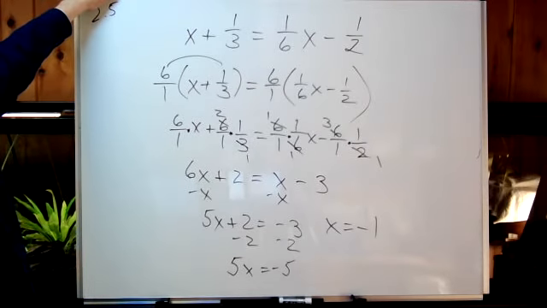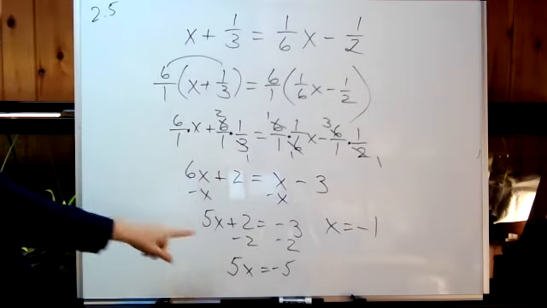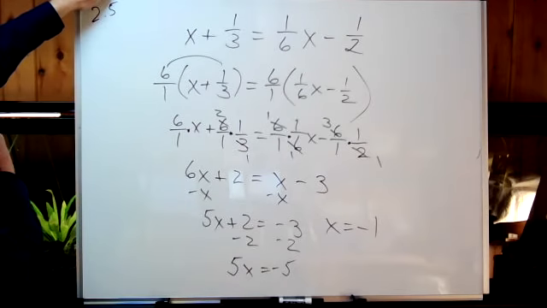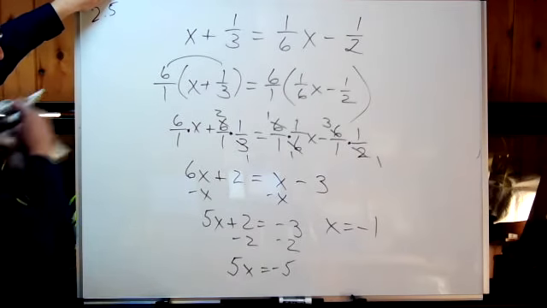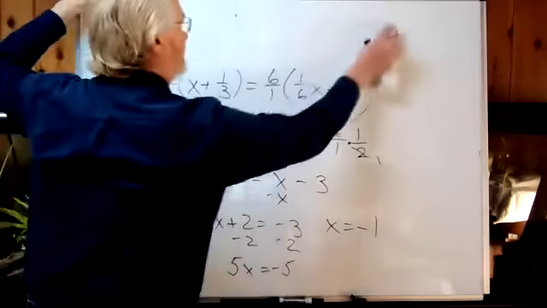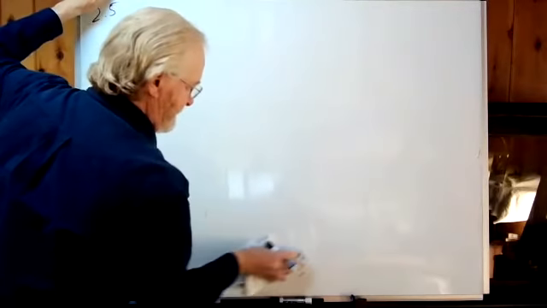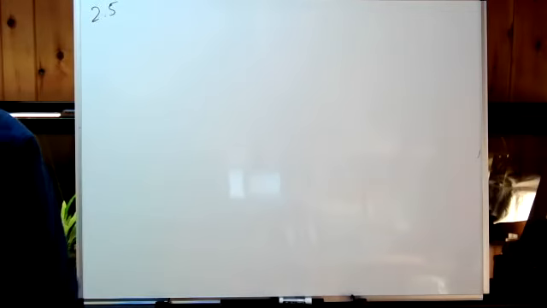Is that one okay then? So boiled it down to x equals -1. All right. Well, how about